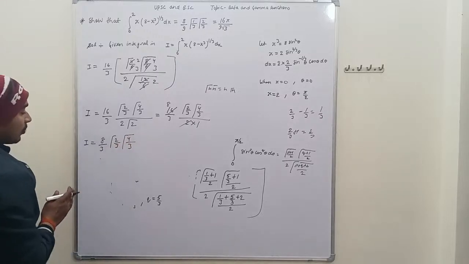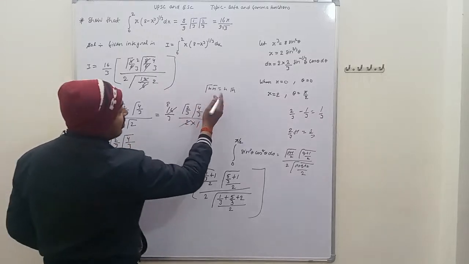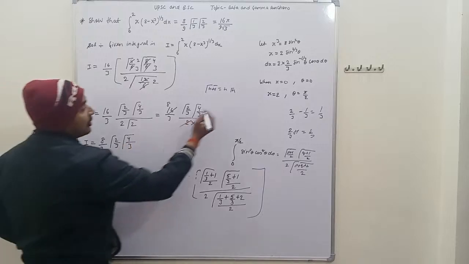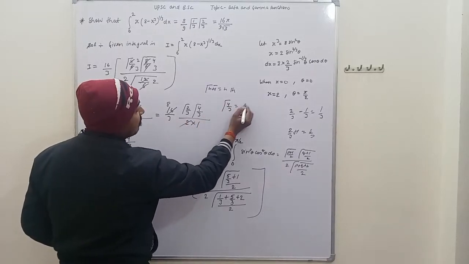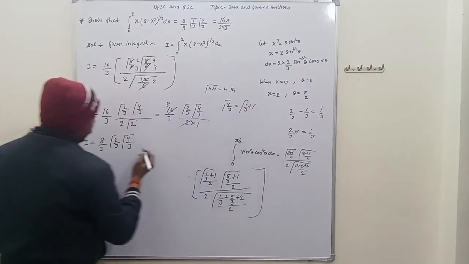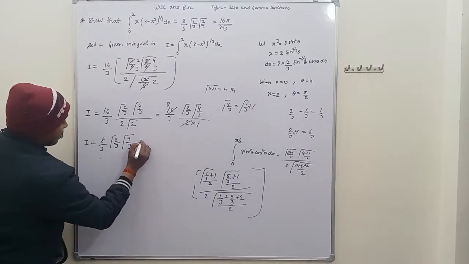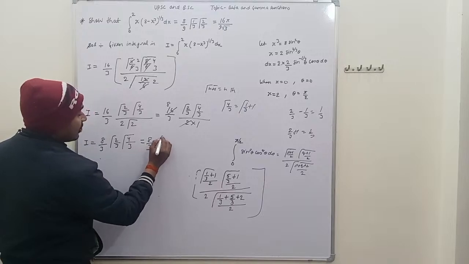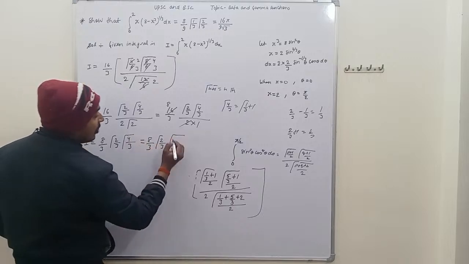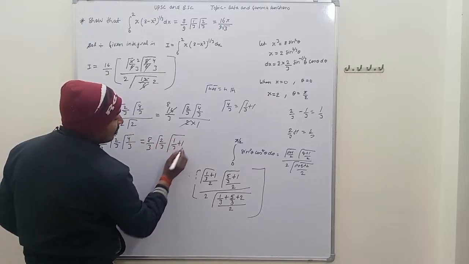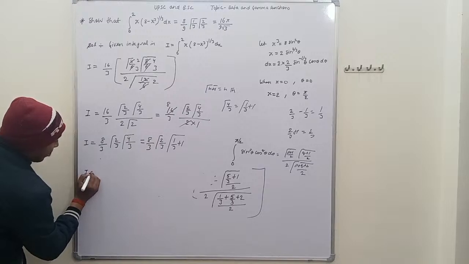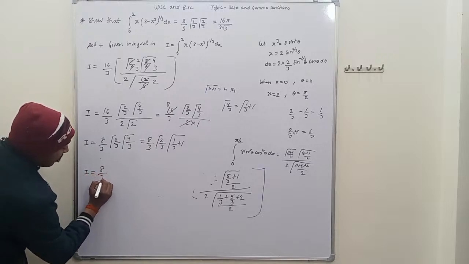and gamma of 4 by 3 is also written as, using the formula gamma n plus 1 is n gamma n, so we have to write here gamma 4 by 3 in terms of gamma 1 by 3 plus 1, we can write gamma 1 plus 1 by 3. This is given by 8 upon 3, and gamma 2 by 3 into, we can write gamma 4 by 3 in the form of gamma 1 by 3 plus 1, and we can write gamma n plus 1 is given by n gamma n, so we have to write integral I is equal to 8 upon 3,